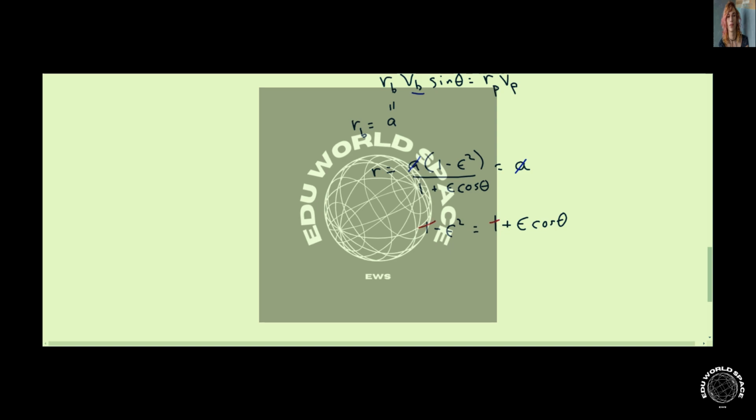One will cancel, and a factor of epsilon will cancel. And so we see that the solution to this is cosine of theta is minus epsilon. Okay, so that's kind of an interesting thing, that as the particle crosses the semi-minor axis, the cosine of the angle is minus epsilon. And solving for this, or the eccentricity, I should say,